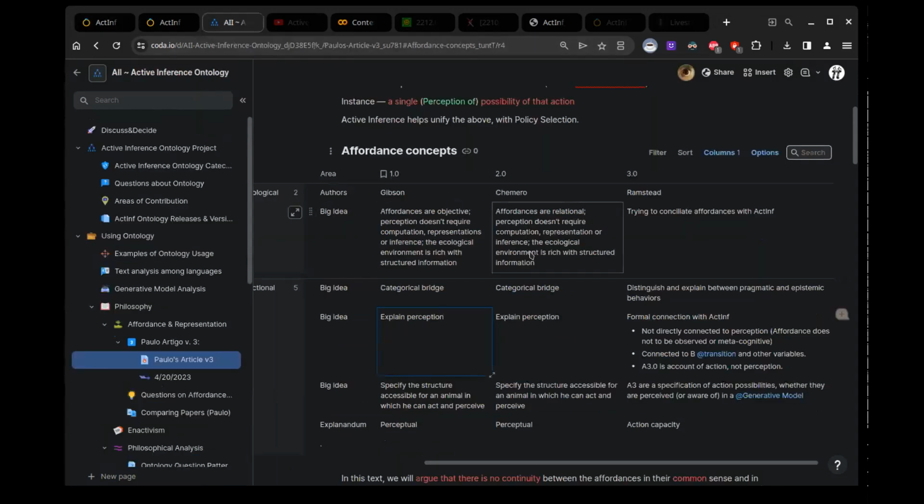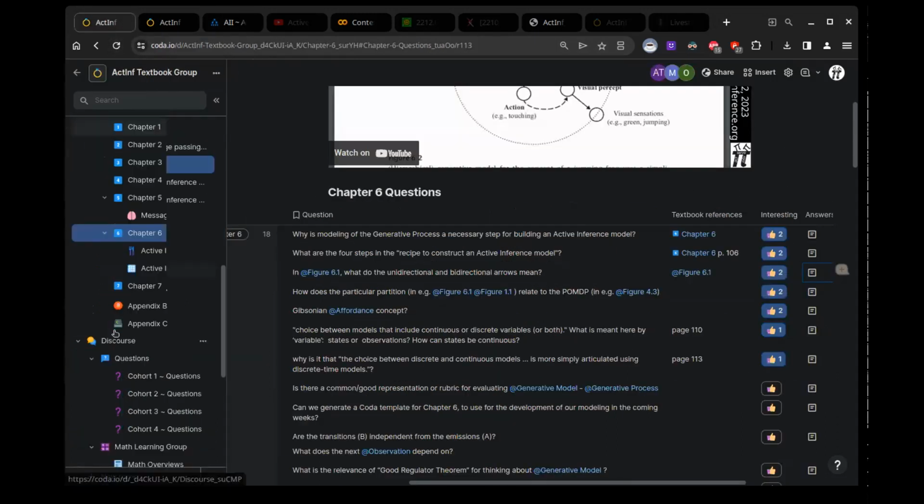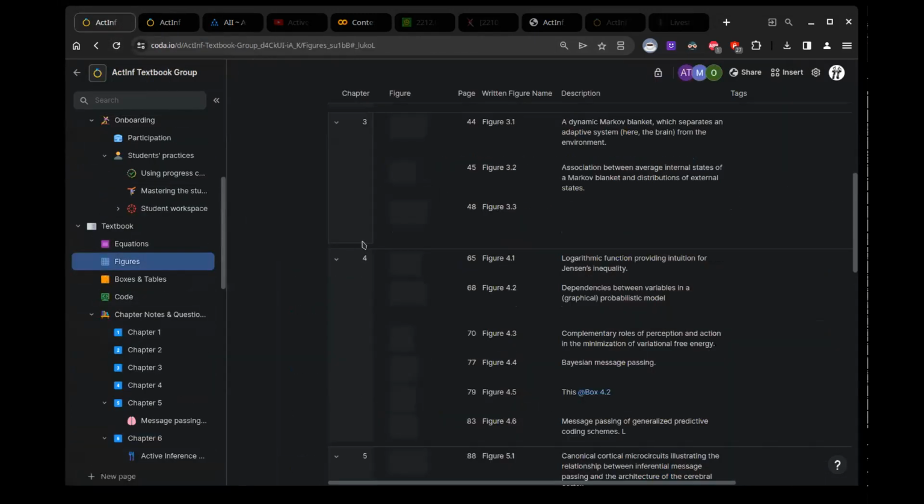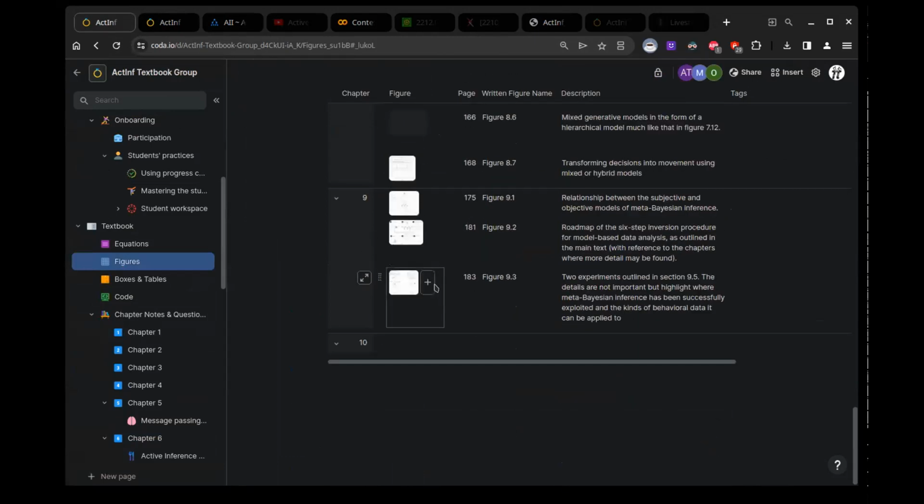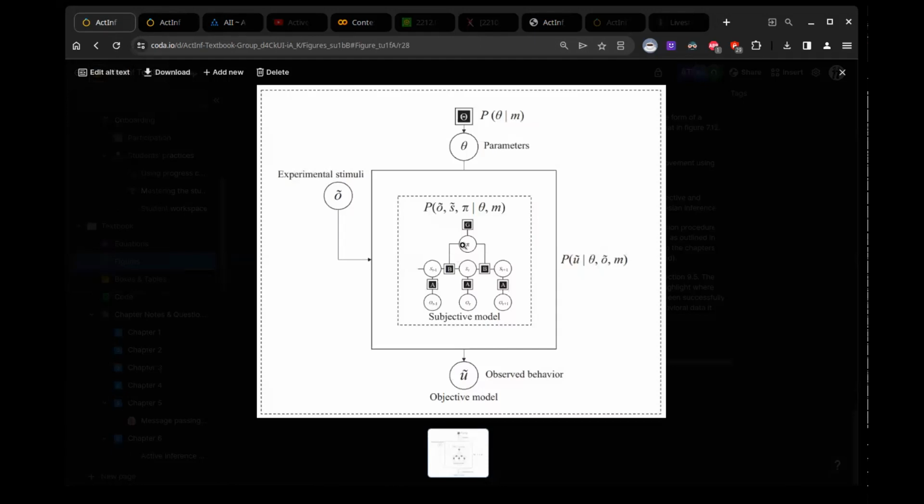However, active inference does not highlight the perceptual aspects of the affordance, because it's kind of a view from the inside, view from the outside, which we're going to come back to in chapter 9. But just to show what this looks like, the experimenter might say, well, that mouse can go up, down, left, right. So that's how the active inference affordance concept is used. Up, down, left, right are the 4 capacities for action.